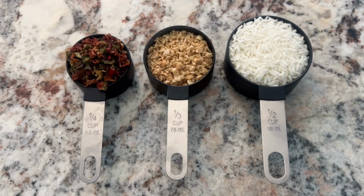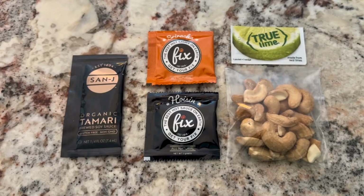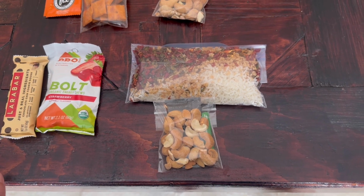It is very simple. It is instant rice, TVP, Bob's Red Mill version, and some dried bell pepper that I bought on Amazon. In the extra pack, I've got 1 ounce of cashews, a hot sauce packet, a tamari soy sauce packet, and a lime powder packet. So when I get to camp, first thing I'm going to do is add water to